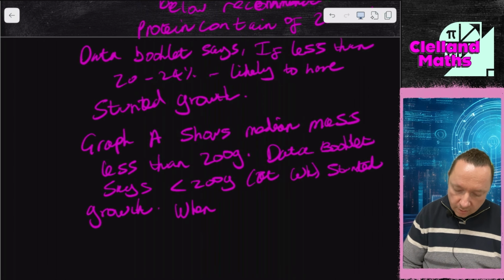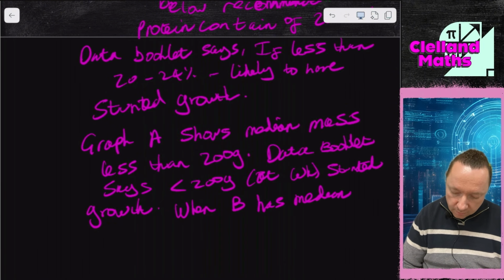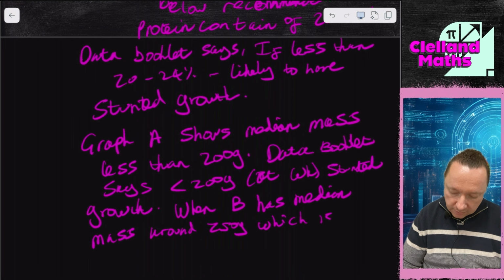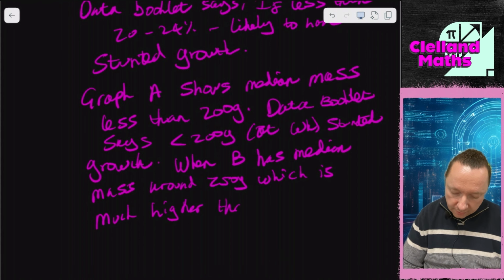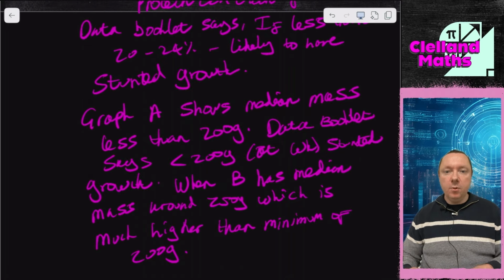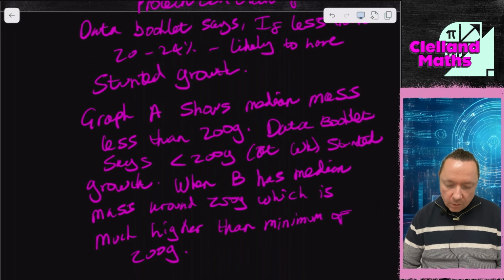Where B has median mass around 250 grams, which is much higher than the minimum of 200 grams. Obviously, I've over-egged this and said probably a lot more than you have to say, but essentially